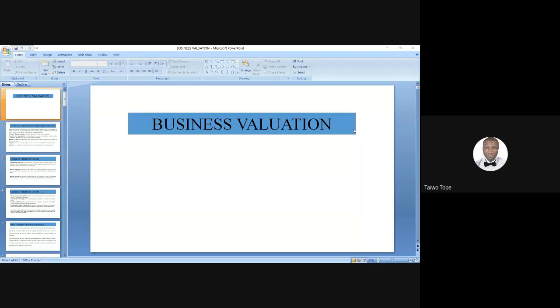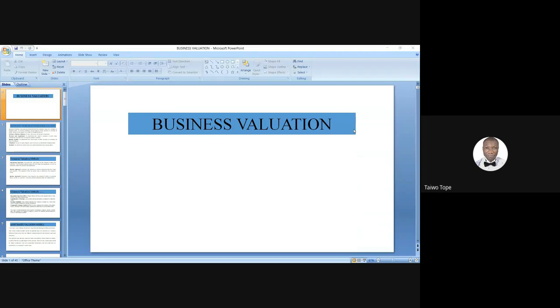So the issue of business valuation will always come up when you want to merge with another. You need to evaluate what you have in terms of assets, based on current, non-current, and the rest of it. So you know what you expect from the other party, the other business that is trying to acquire you, and to see how you can share the returns.